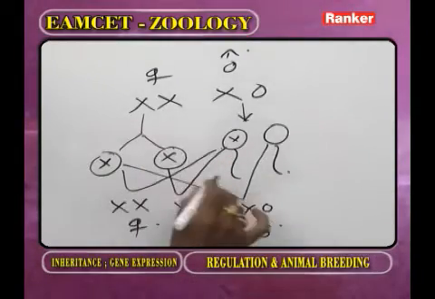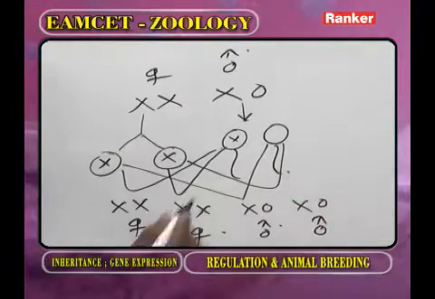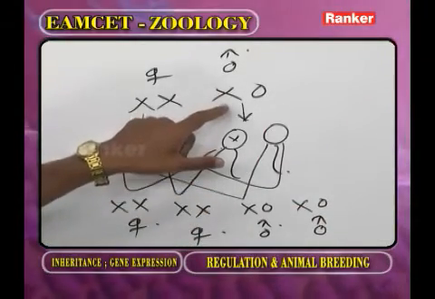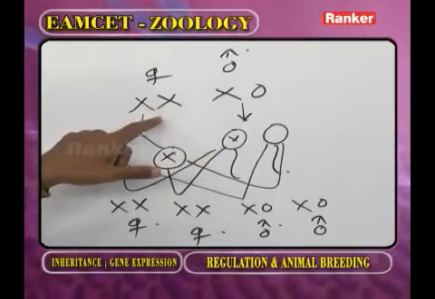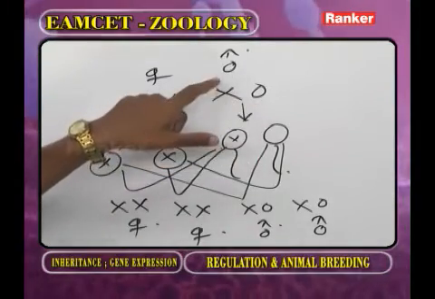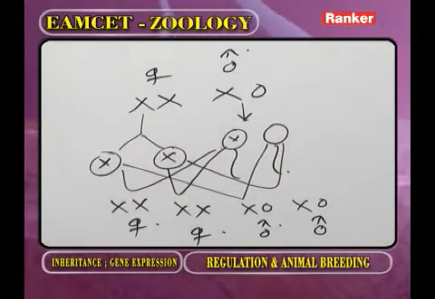This sperm fertilizes with this ovum, we are getting the male. So students, as we observe, in this method XX female, X0 male, here the male produces 2 kinds